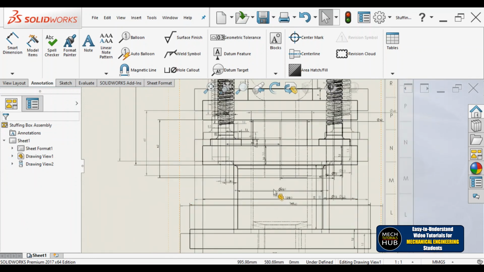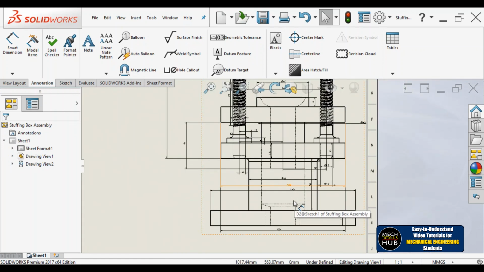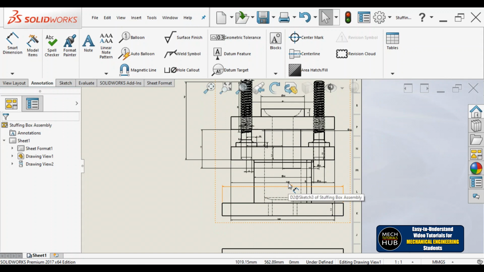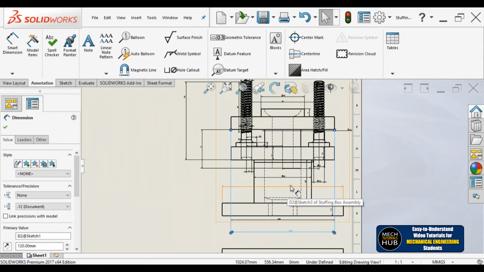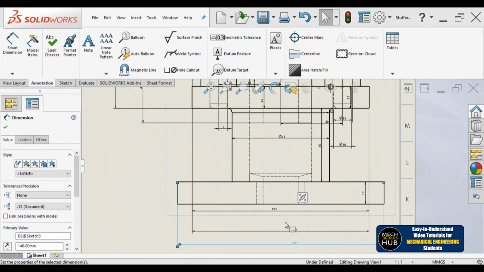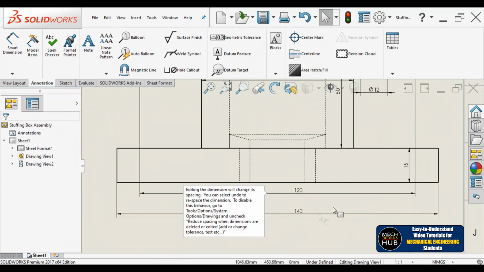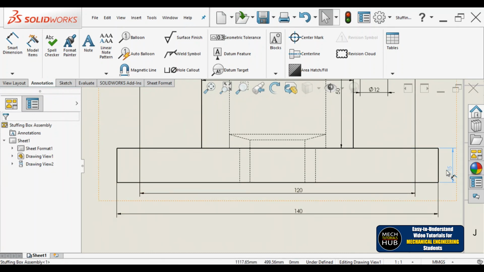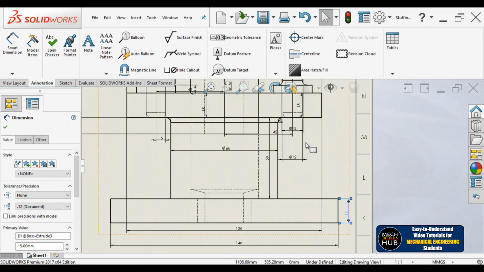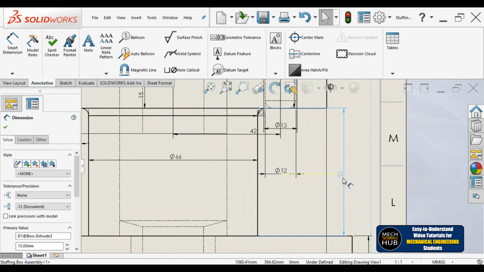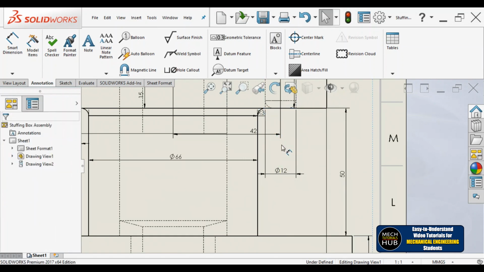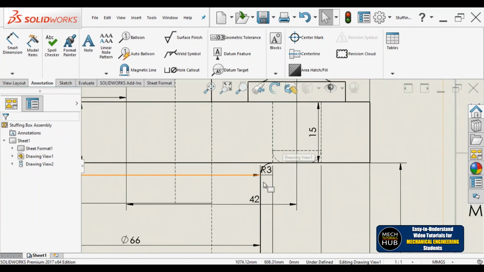Over dimensions should not be there, so if I find any over dimensions or repeated dimensions, I remove them. 120 is one more dimension, 140 is another dimension. Just have a look, 120 is repeated, let me delete. And 15 is one more width, and 50 is the internal height, and 12 is the diameter. 30 is not required now, let me delete.